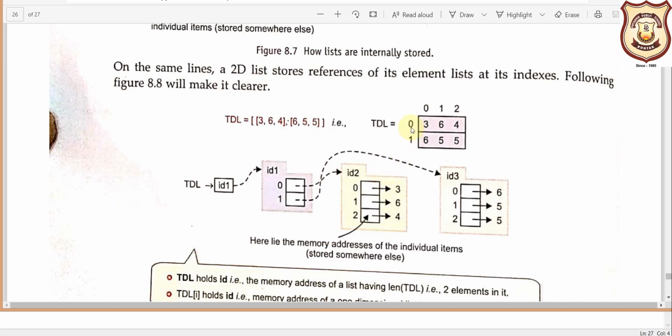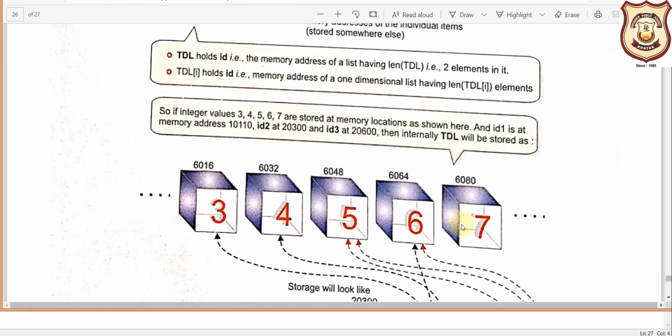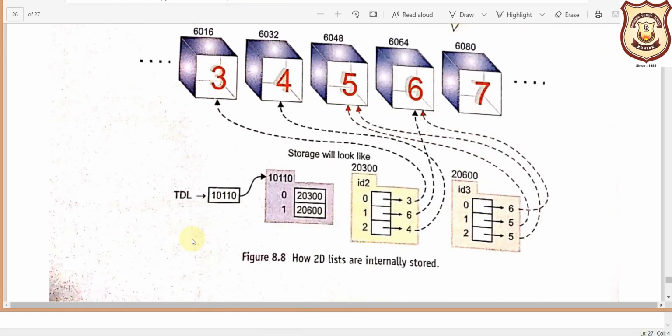So it is not like that on this particular 0 0 location this 3 is stored. No, this 0 0 is pointing to somewhere where the values of these particular elements are stored, okay. So they are not the storage containers, they are just pointing. So this 0 is pointing to this location where this is being stored, and this 1 is pointing to this location where these are being stored, okay. So just keep this in mind, and he's explaining the same with the help of another example, so you can study this example as well.